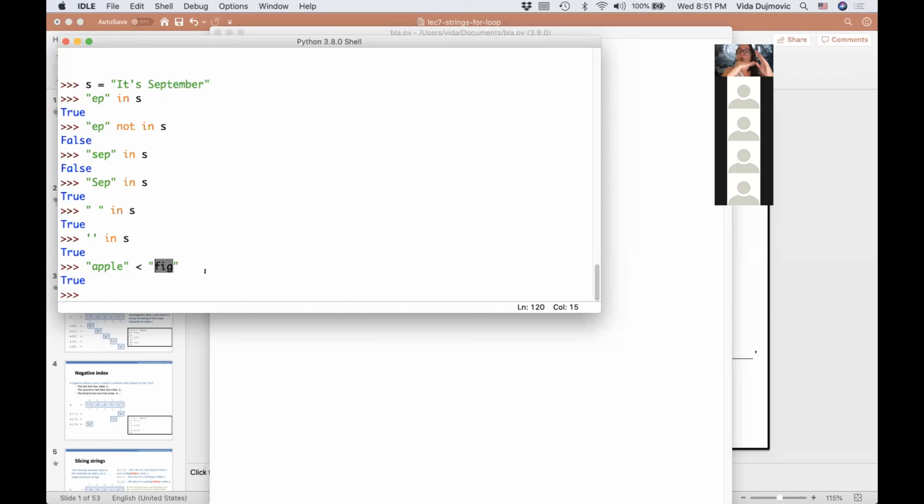So what does that mean? If in some order you have a word that comes before another word, let's say you have a string or word A and then another string or word X that comes after, you say that A is less than X. So let's see what it means for strings to order them, and what lexicographical ordering is.